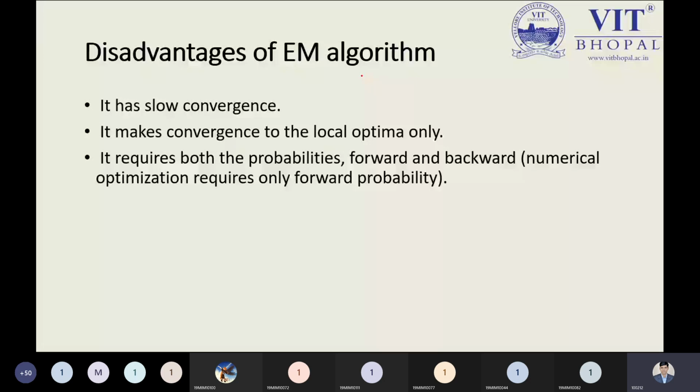Okay, so from this point, if you have any doubt, you want to ask something, then you can ask. This is a fundamental part of the EM algorithm, as we have discussed.